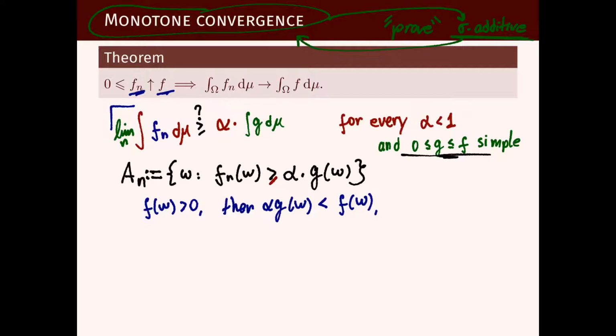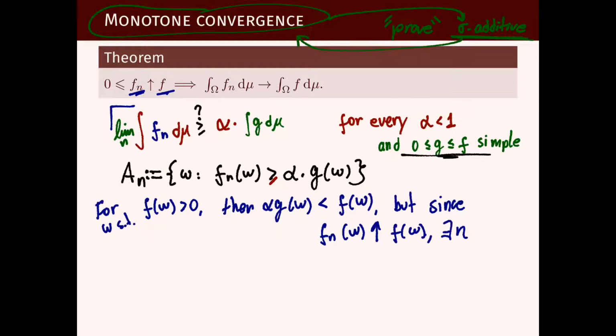So for omega such that f of omega is positive, we have this, but since Fn of omega increases to f of omega, there exists an n such that Fn of omega will have to be larger than alpha times g of omega. I'm putting more than or equal to here. Actually, you have strict inequality if we want, but it is not very helpful because now we have to consider